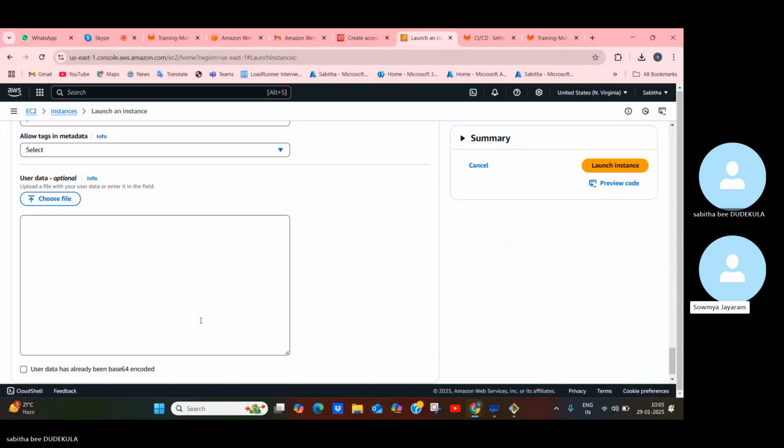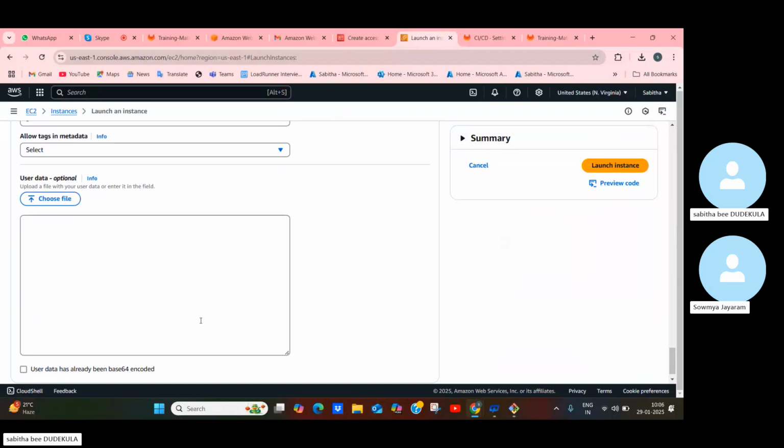Whatever you want to showcase in your instance, you can provide the files here or enter the details here, like start service, stop service, whatever you want for services or processes, you can type here, and you can finally click launch instance. So instead of doing all the steps from the user interface, we are going with our terminal scripts,